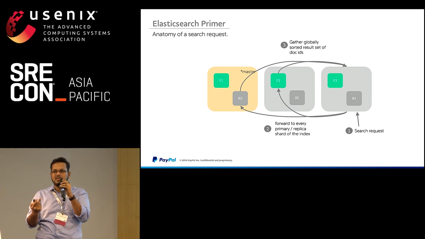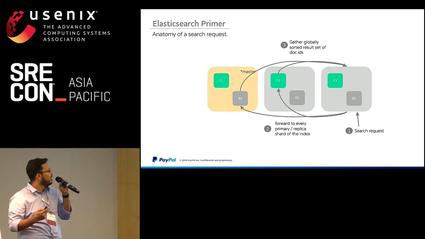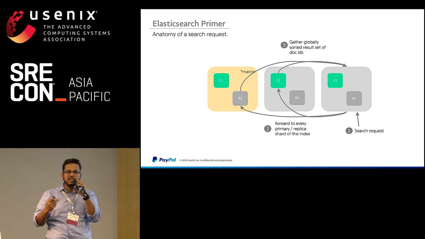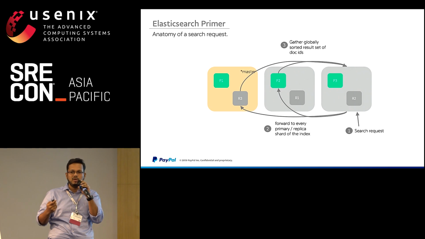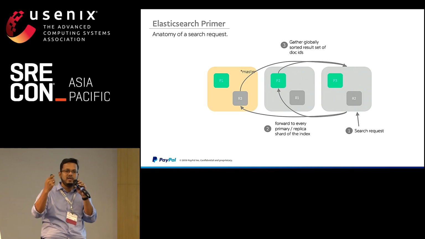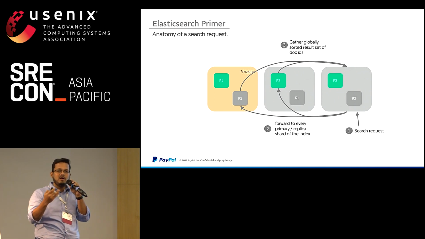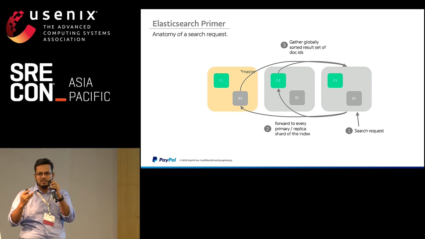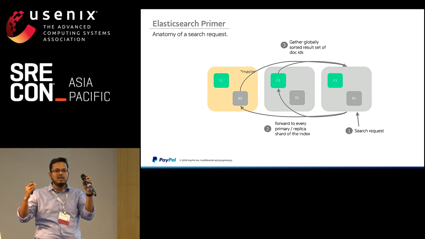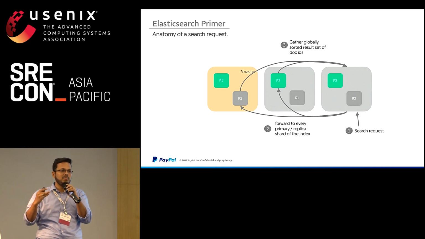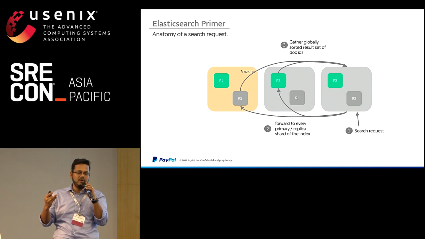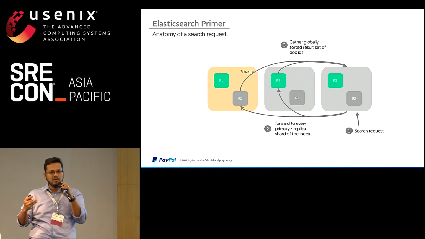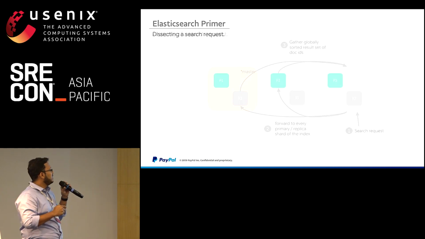That depends upon the cluster state as well, right? And each of those shards individually executes those queries. Whatever search term you were firing will be executed against that shard. It operates on a scatter-gather model. It scatters the query across the cluster, gathers all the results, sorts them based on the relevance criteria you provided during the search, and returns them back to the user. We'll see that with an example.